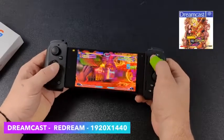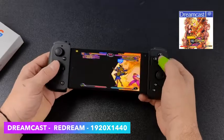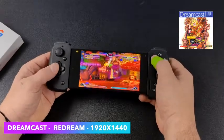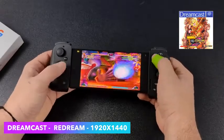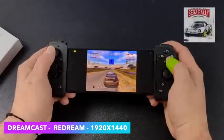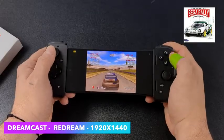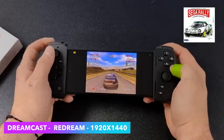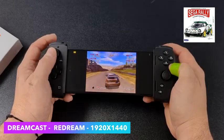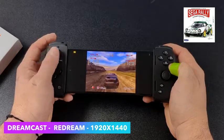So I'm using Redream. We're at 1920 by 1440. I'm sure we could go a bit higher because everything that I've tested so far does run at full speed. And by the way, the controller I'm using right here is the Razer Kishi 2, USB Type-C, fits this phone perfectly fine. It's actually one of my favorite controllers right now. But yeah, when it comes to Dreamcast on this device, you're not going to have any issues with it. If you want to run Flycast or Redream, you'll have a really good time with it, and you can definitely